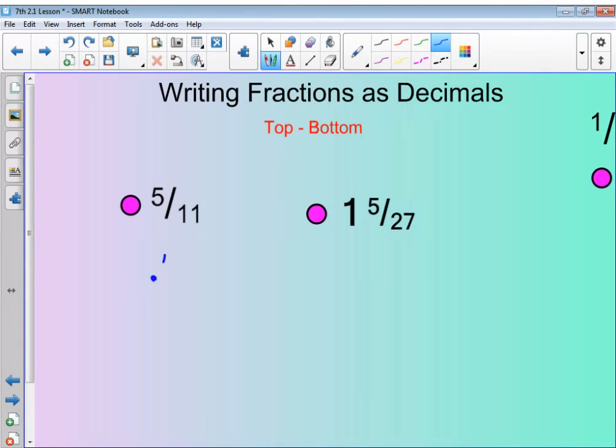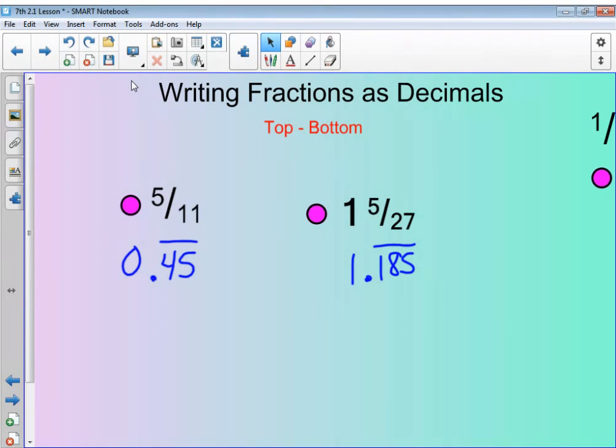You should have gotten 0.45, both repeating, for 5/11ths. And for 1 and 5/27ths, you should have gotten 1.185 with all of these repeating. Okay, so our next step